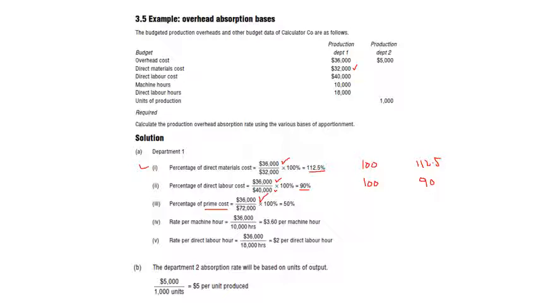You get 72,000 as your prime cost, and you multiply it by 100, you will get 50%. It means that if your prime cost is 100, your FH would be 50% of your prime cost. Again, if for example you have a prime cost of 100, $50 would be your